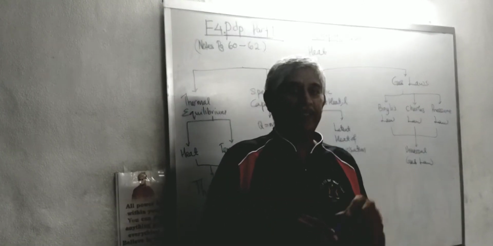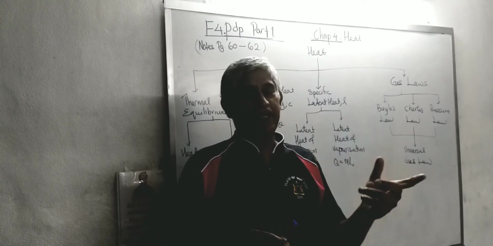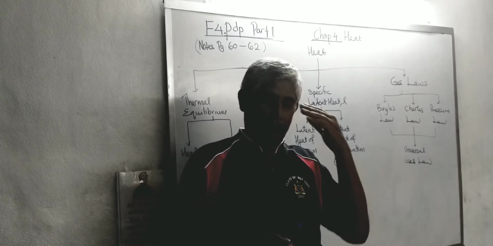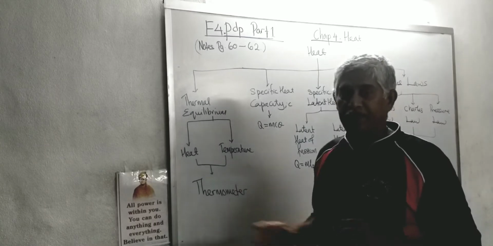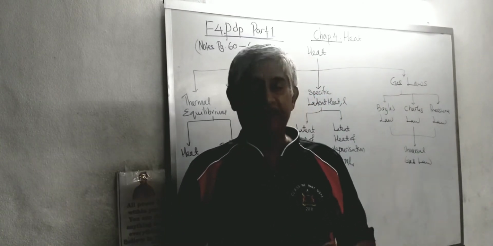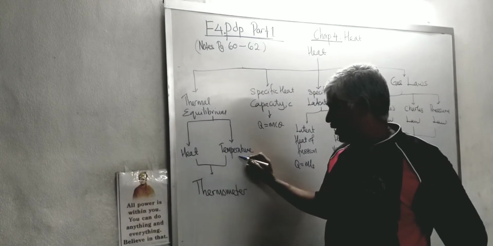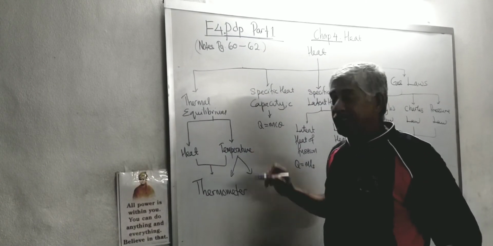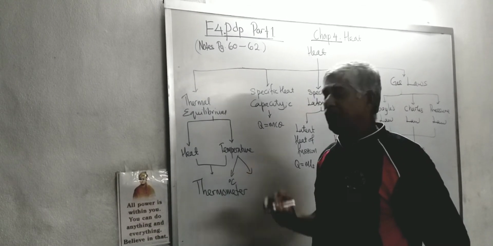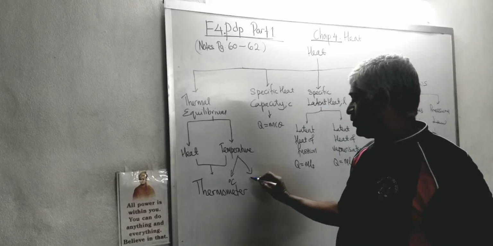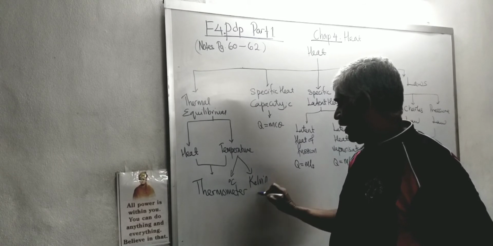So whatever it is, it is an indicator for us, easy for reference, to say what the temperature of our body is, to relate whether it is hot or cold. So basically, in SPM they ask, what is temperature? You just have to mention it's a degree of hotness. And usually we have many scales to measure temperature. Usually we measure the temperature in degrees Celsius. We also measure in Kelvin, which is the SI unit.